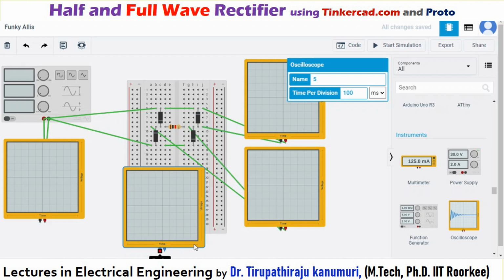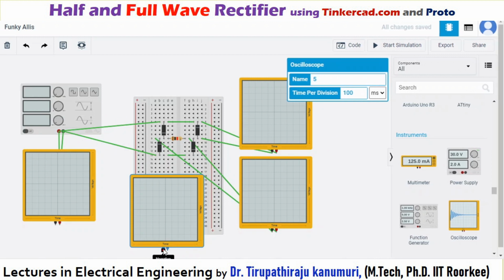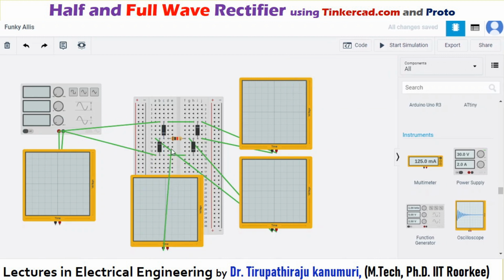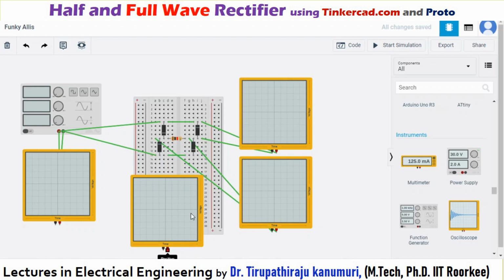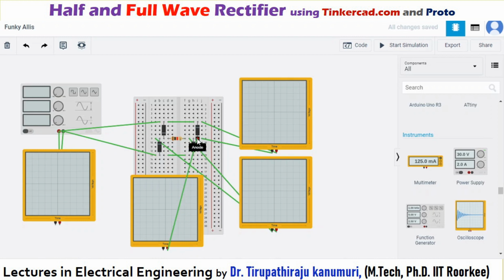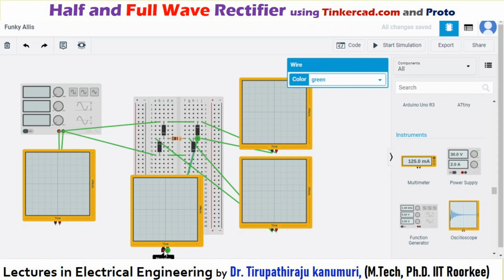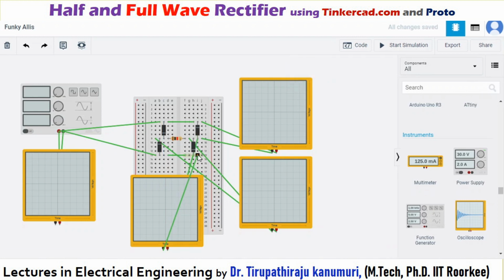So for that, this is the negative terminal. So this negative terminal, let us connect to here. This positive terminal I am connecting. Okay, we are already measuring across this one, right? Okay, let us try to delete this one, because this diode and this diode will act in combination. So let us measure across this resistance. So across this diode, this positive I am connecting here, and this negative terminal I am connecting in the second side of the diode.